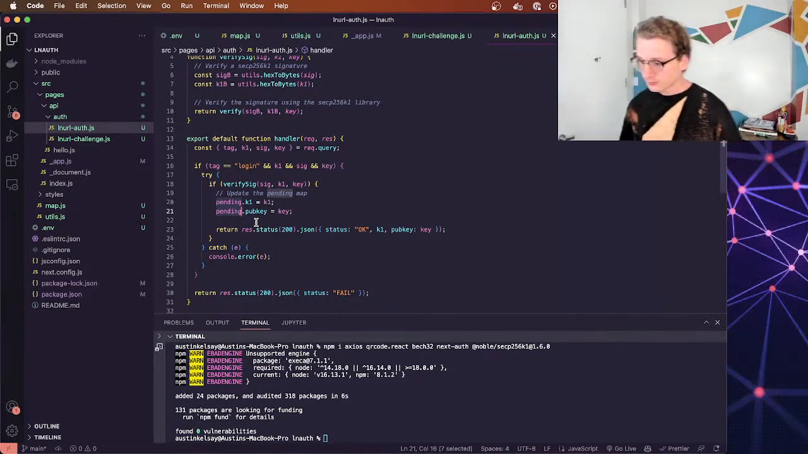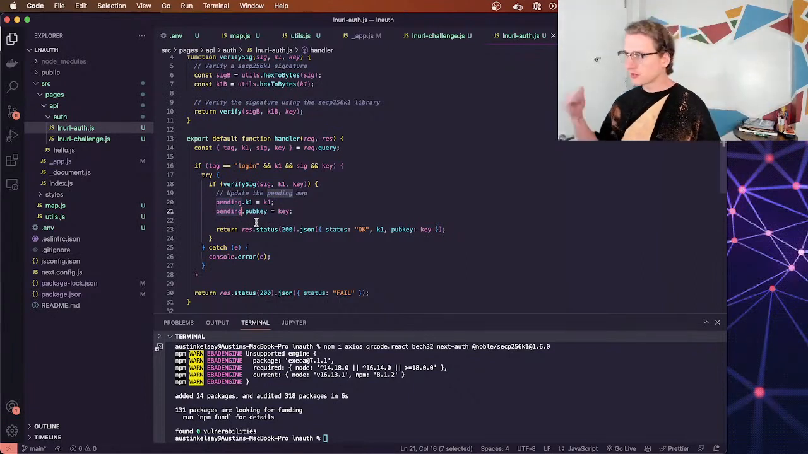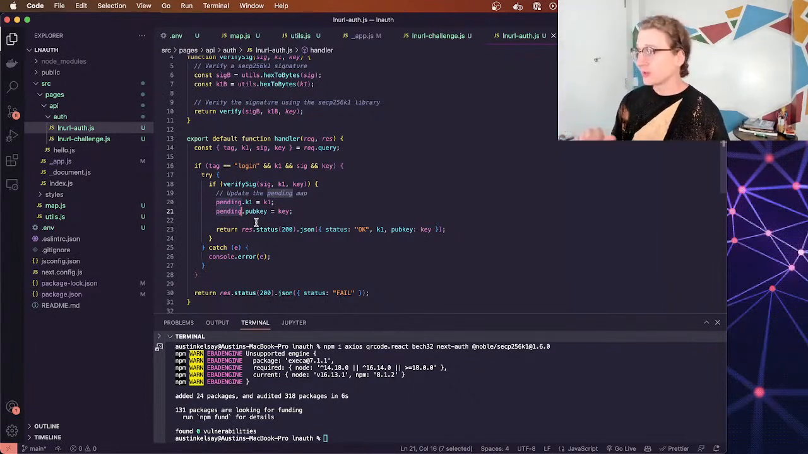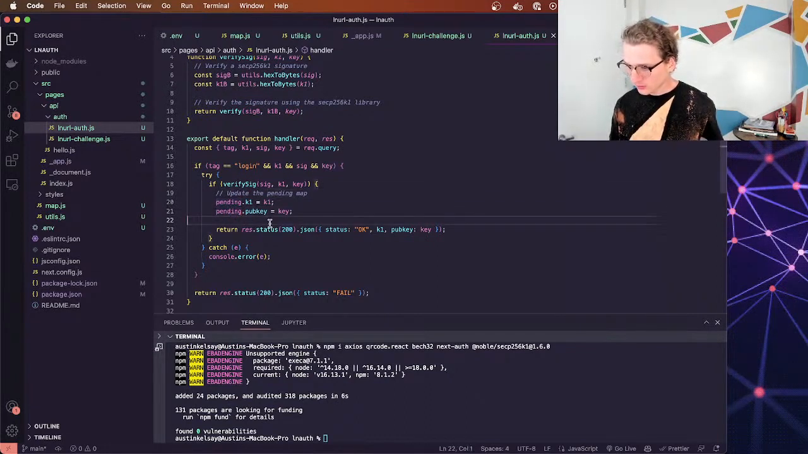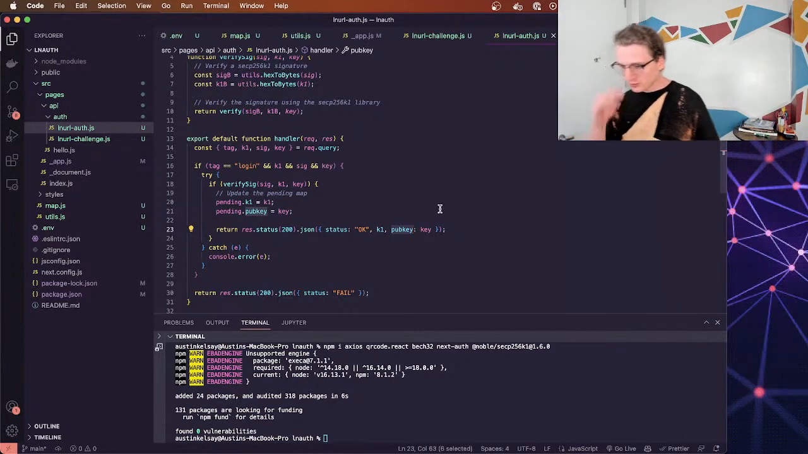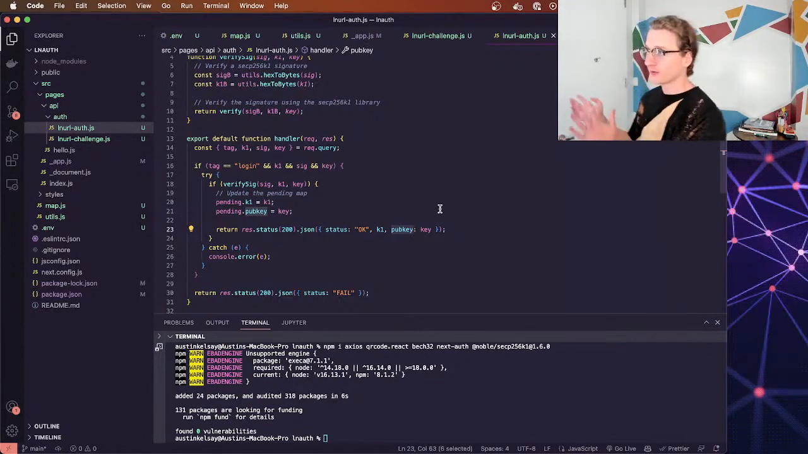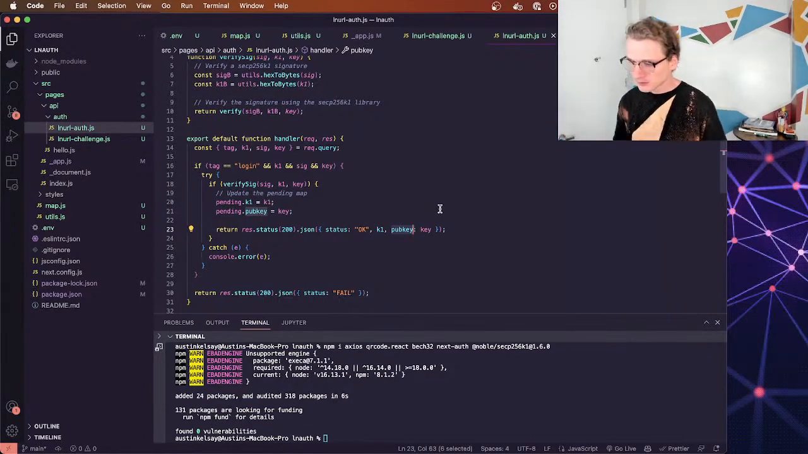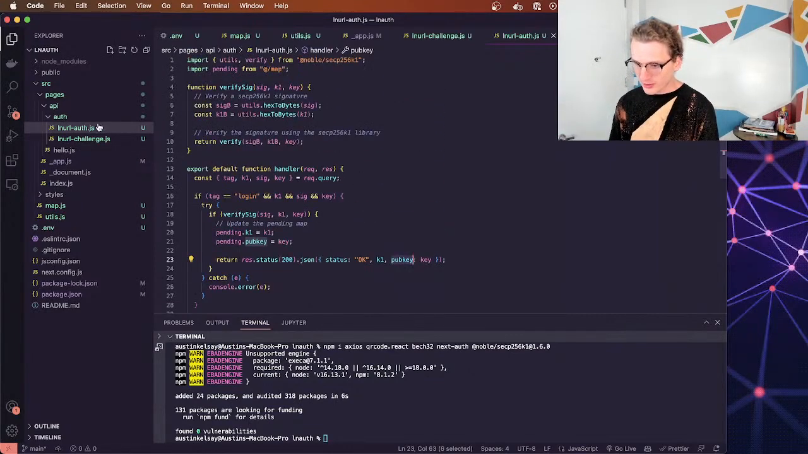And we save it to our database, and then we will be able to give this session to the user after this point essentially. But from here, we just call back with a status of okay, and we send back the K1 and the pub key, just to let the wallet know that, hey, this was a success. So now the wallet knows, we know it's a success, and there's one other